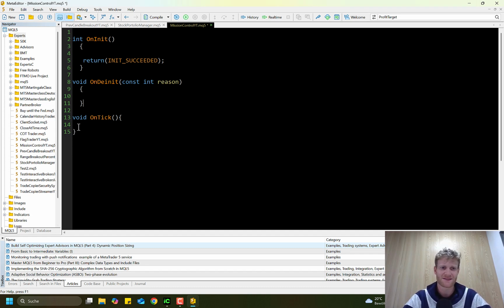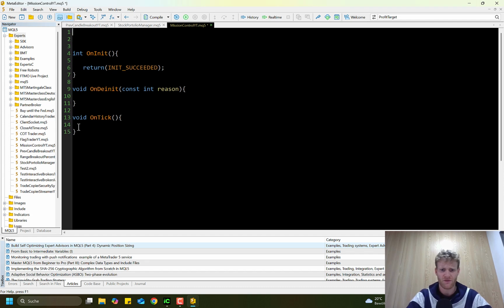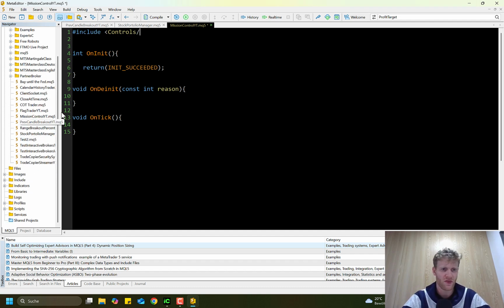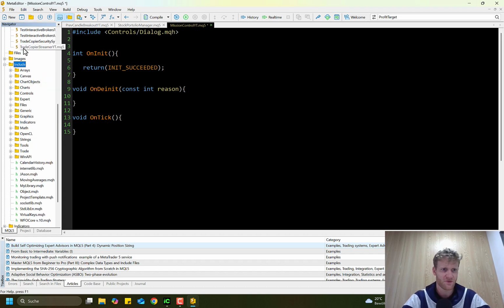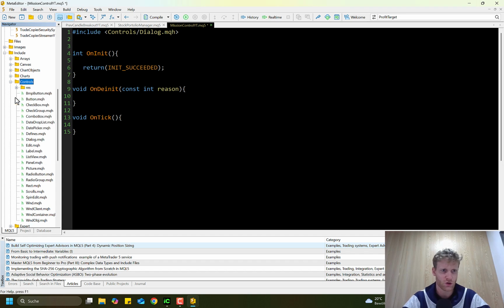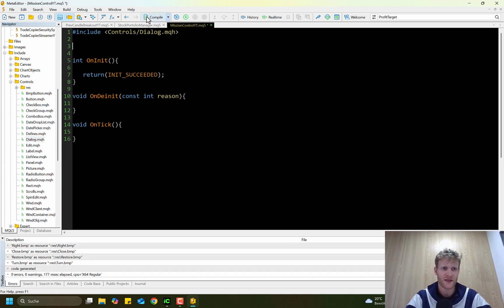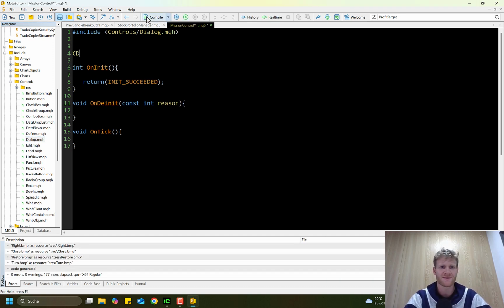So we do have these default functions here, pretty much event handling functions. We will use some of them, maybe not all of them. But first of all, what we want to do is include some controls here. First of all, we want to include the Dialog.mqh, and you can find all of these files of course in the include folder if you go to Controls. So here you should find the Dialog.mqh file somewhere, and if we compile,